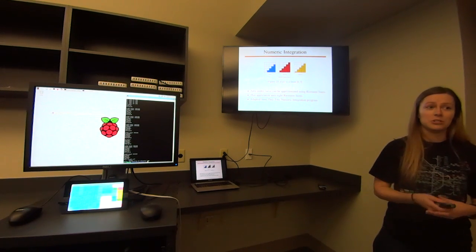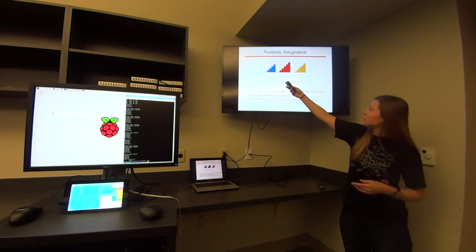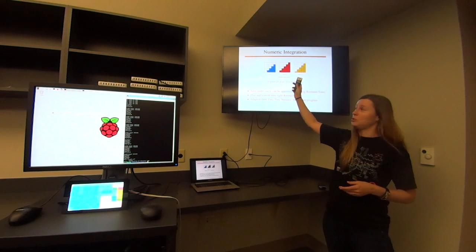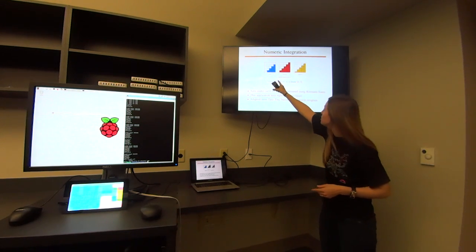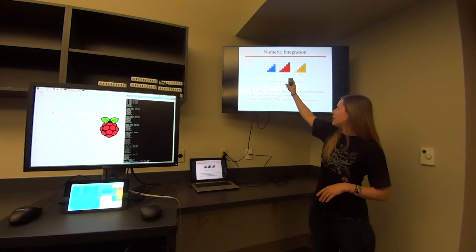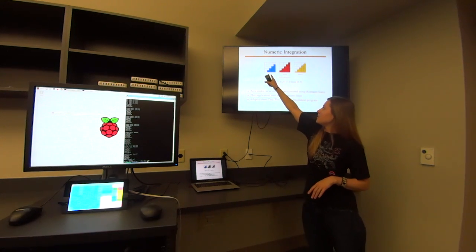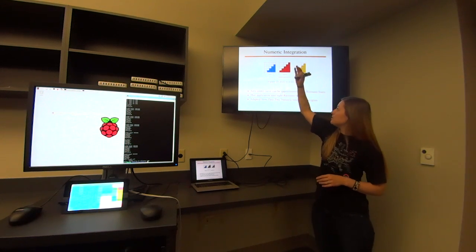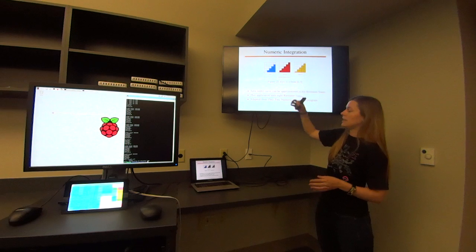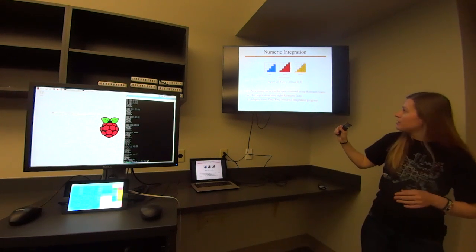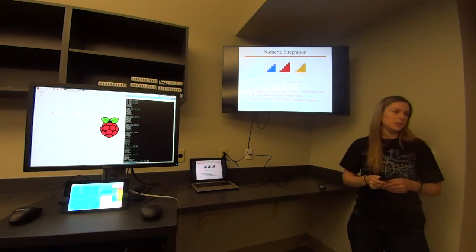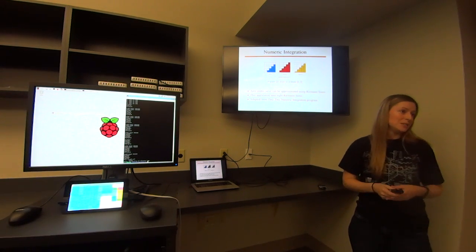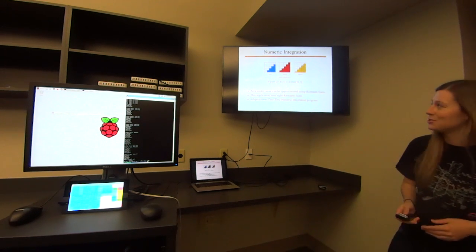A really simple way to do that is to use Riemann sums. There are 3 different types of Riemann sums, and you get different results depending on which type you use. So for this example, we have f of x equals x. You can see that the left sum is going to give you a lower estimate than what you're looking for. The right sum is going to give you an overestimate, and the middle sum is going to give you somewhere in between. However, the application that I wrote is using the right sums, and we can adapt it using the other 2 types if we want to. Should be fairly easy, but I figured it was somewhat unnecessary because it's kind of a proof of